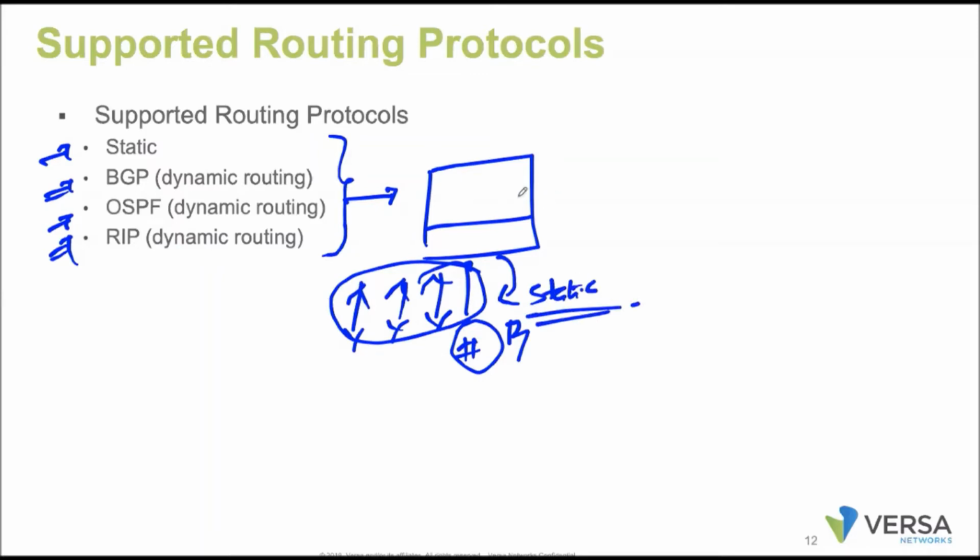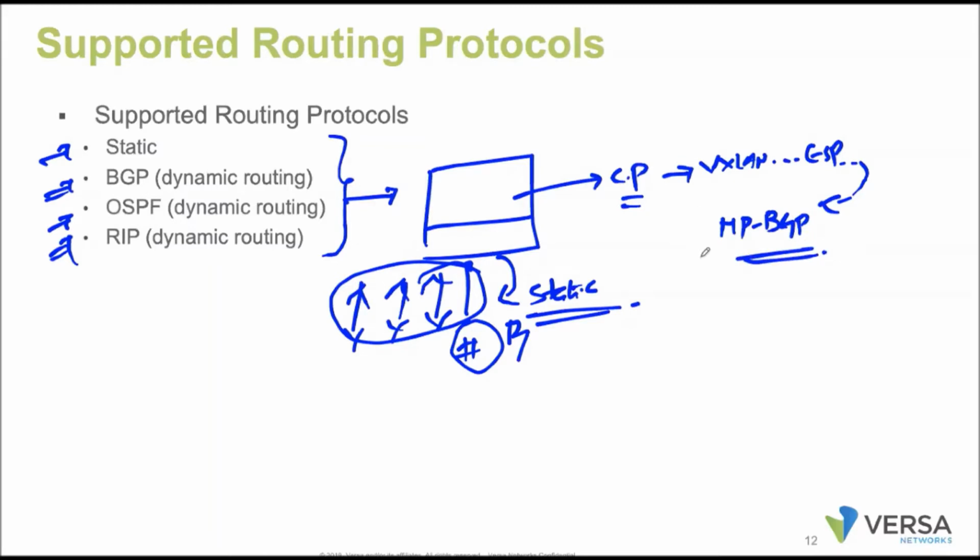But when you look into the control plane, like what we discussed yesterday, we have a VXLAN, and on top of that we have ESP tunnels. On top of those ESP tunnels, we establish the MP-BGP connections. This is inbuilt. MP-BGP is the protocol which is already inbuilt, and you will automatically find the configuration on the branches. The other configuration we do manually.